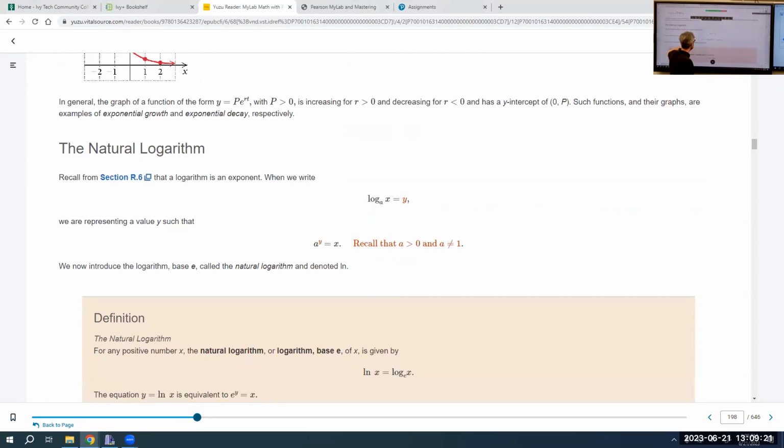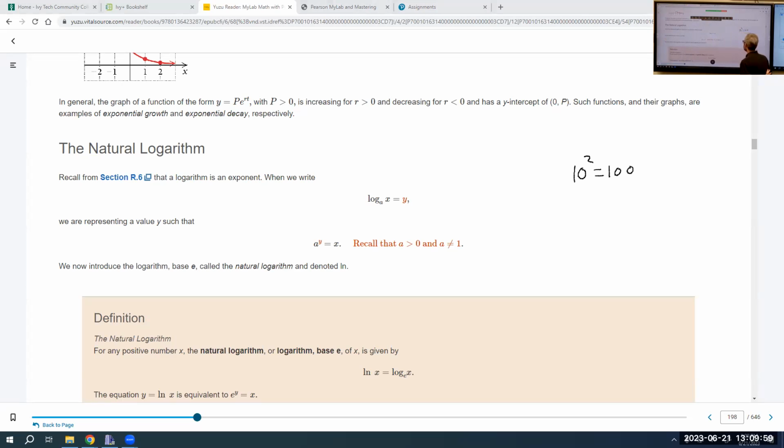Now, the next thing I want to talk about is the natural logarithm, or maybe I should talk about logarithms in the first place. So logarithms are the inverse function of the exponential function. Okay, I know we just started class, but you'll see how limited an amount of time we have to talk about it. The idea with logarithms is,